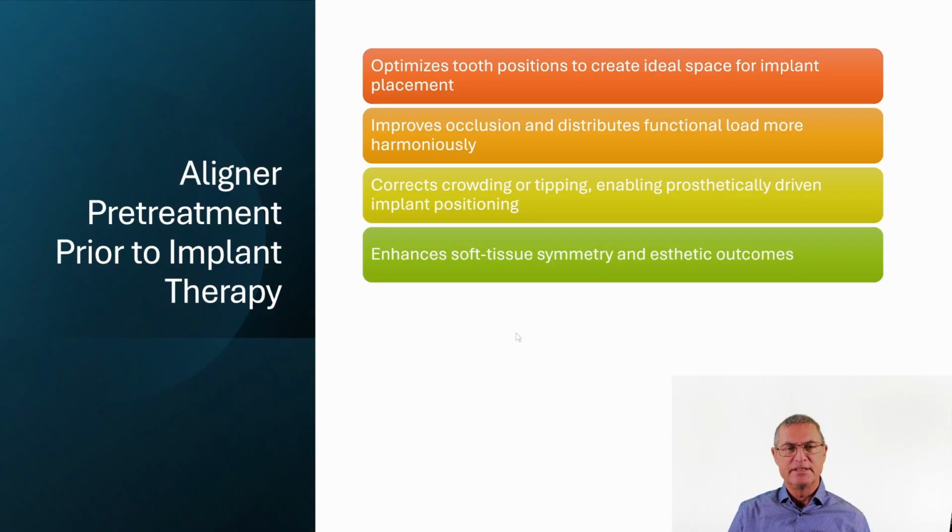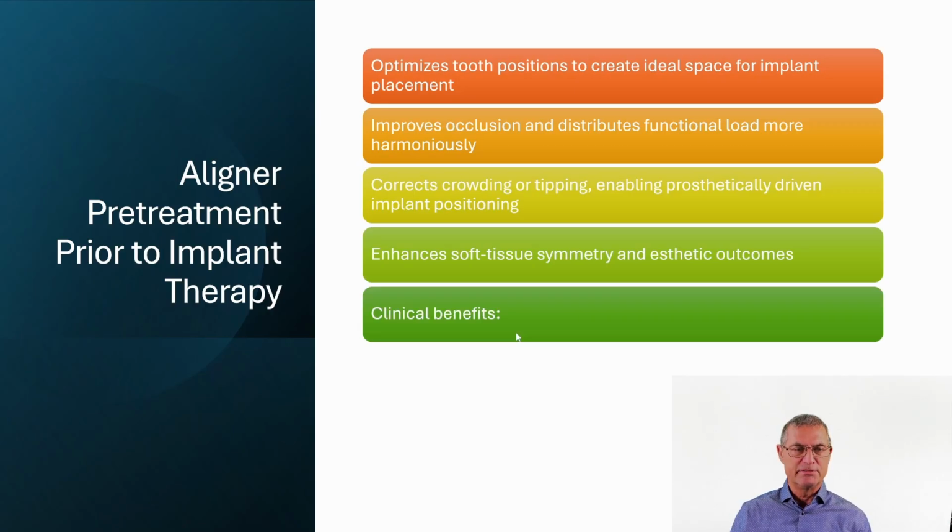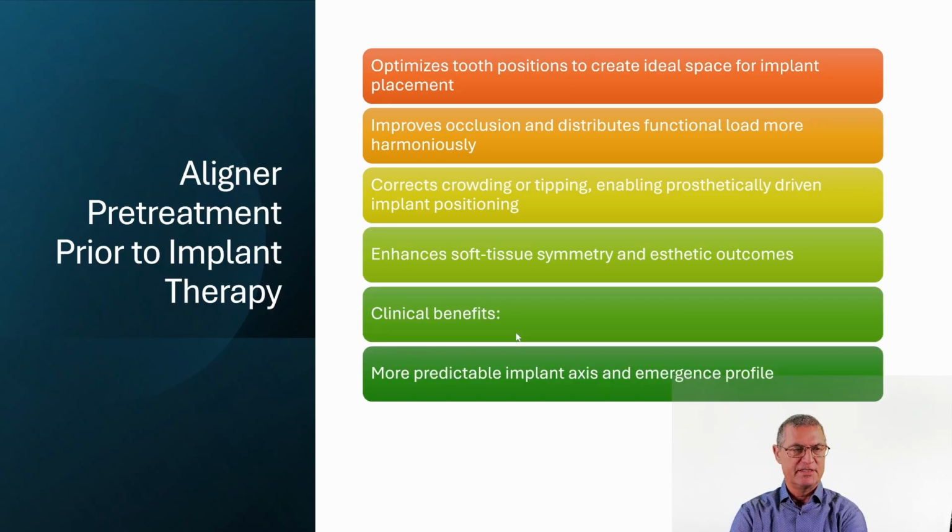So whether this is necessary or not, enhanced soft tissue symmetry may be, but this is a complete outcome. You want to give the patient a nice smile and good symmetry, of course. Clinical benefits of this pre-treatment are you have more predictable implant axis emergence profile, which is very important for long-term stability. If the implant axis is not correct, if you have a lateral or central incisor in the upper front,